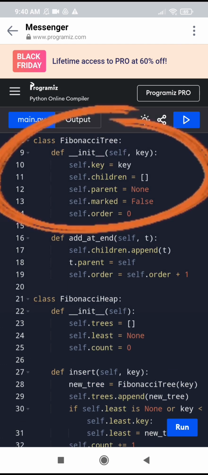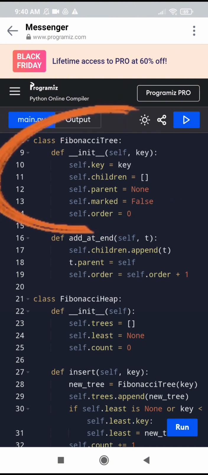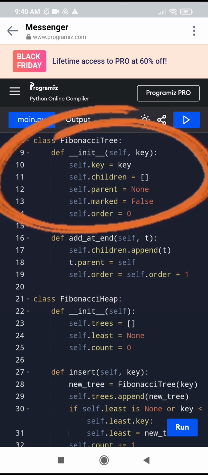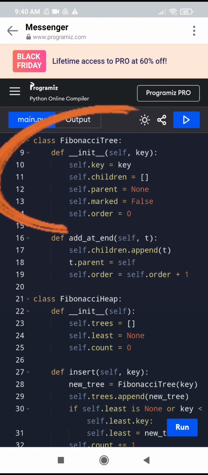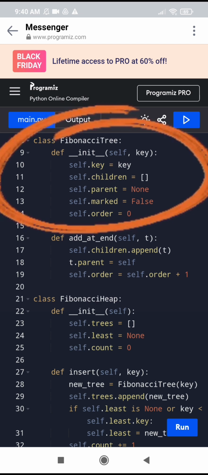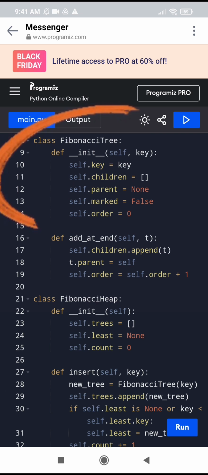So this part is the Fibonacci tree class. This class represents individual nodes or trees in the Fibonacci heap. The key is the value of the node, and children is a list of child nodes or trees, and the parent is a reference to the parent node, and mark is a boolean indicating if the node has lost a child, used in cascading cuts, and the order is the degree or number of